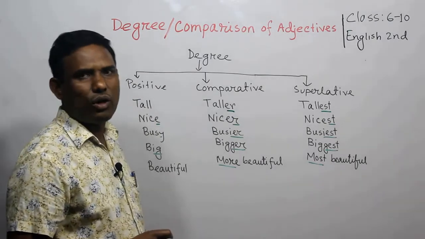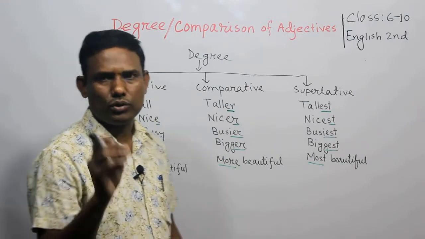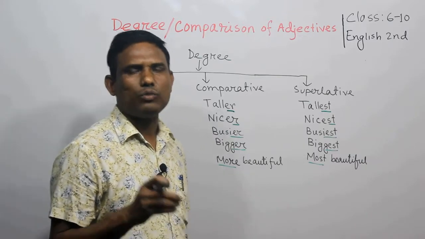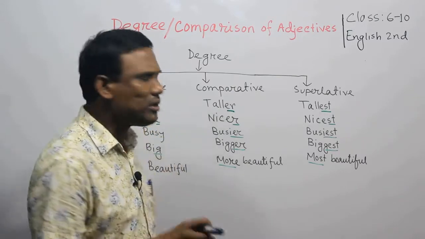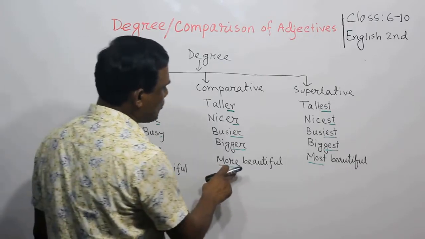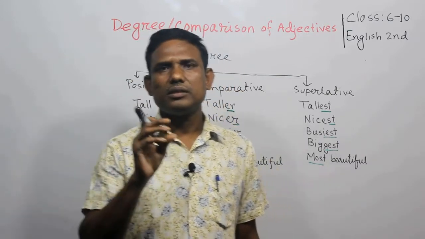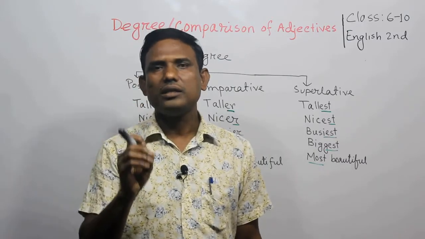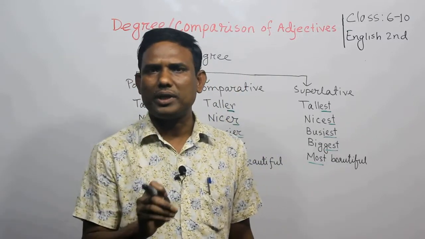If the positive is of more than one syllable, you can put more before the positive to make the comparative, and you can put most before the positive to make the superlative. For example, beautiful. It is of more than one syllable, so its comparative form is more beautiful, superlative form is most beautiful. Dear friends, some adjectives of two syllables ending in le, ly, er, y form their comparatives and